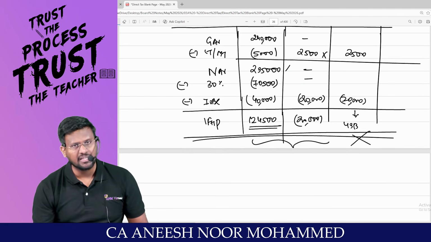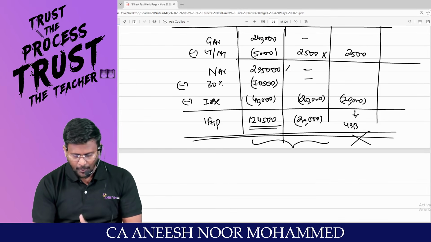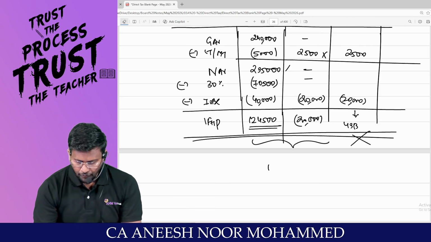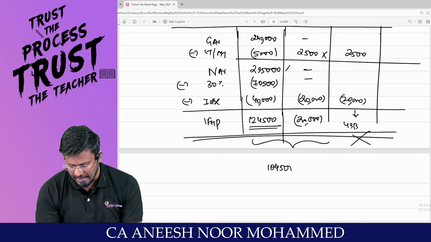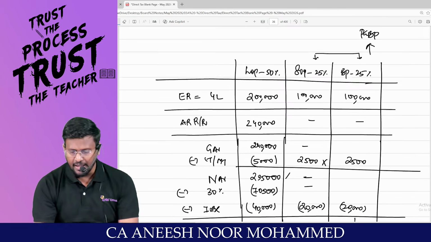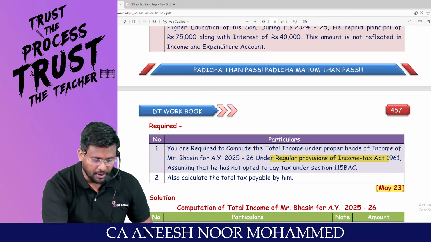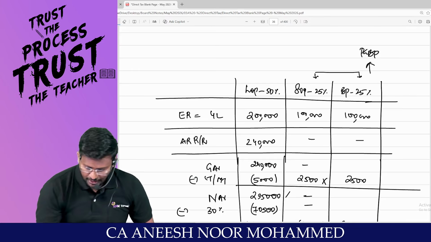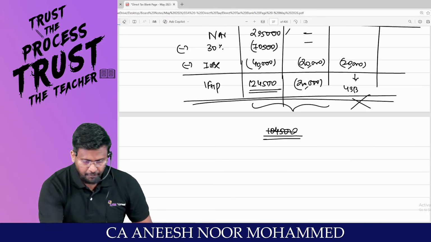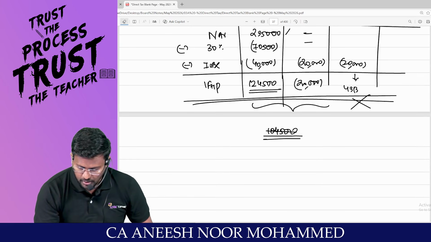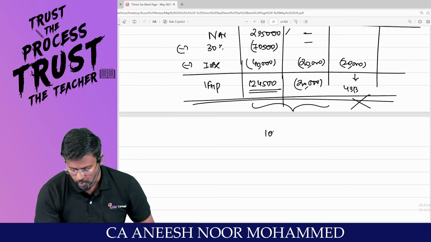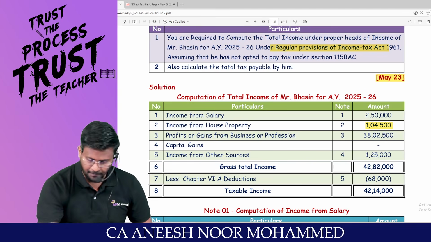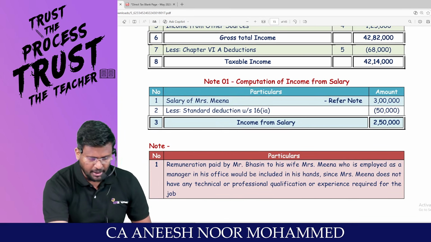Sir, intra-head adjustment we can happily do. So 1,24,500 minus 20,000 comes to 1,04,500, which should be the taxable income from house property. One table will answer the things if you are properly controlled from the IFHP. Am I right, sir? 1,04,500 is the answer. We have tallied the income from house property. Can I proceed, sir? 1,04,500, that's it, income from house property. One table will give you the proper answer. All right, I'm continuing one by one.